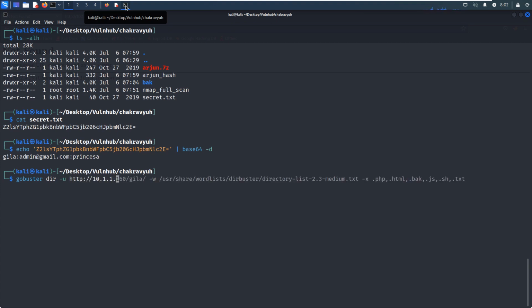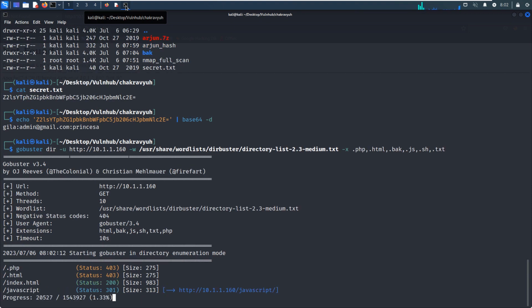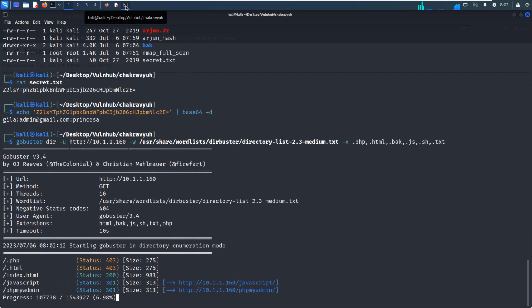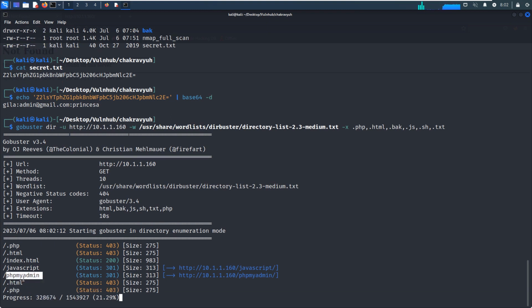Put the IP address of the virtual machine. Let's hit enter. Yeah, Gobuster has identified one directory which looks interesting, phpMyAdmin, but I can tell you, because we didn't have